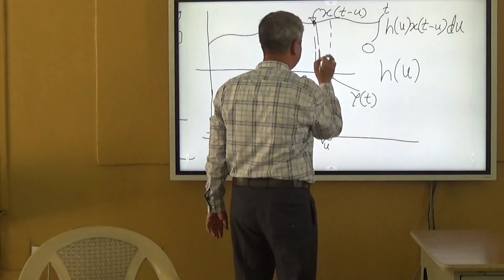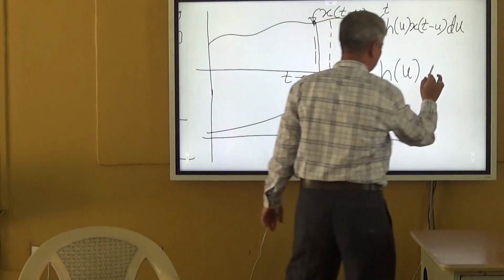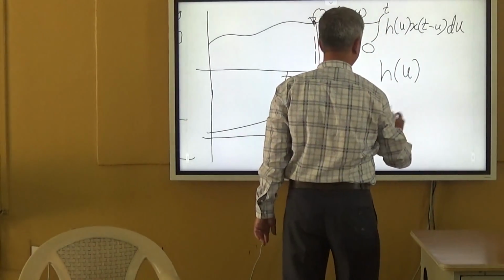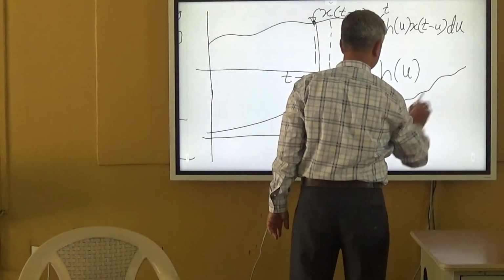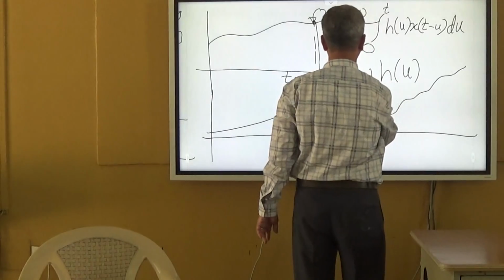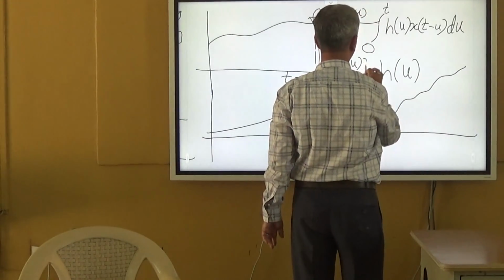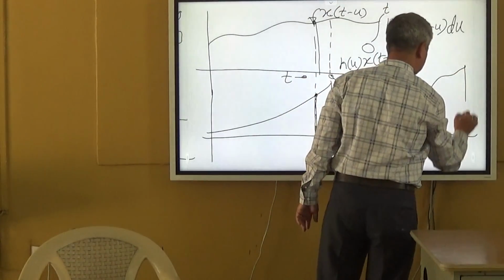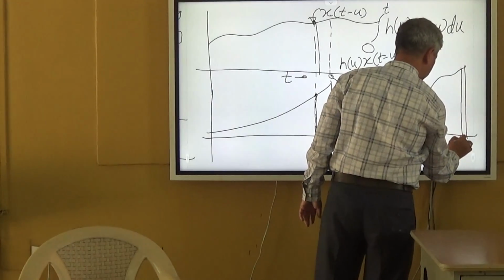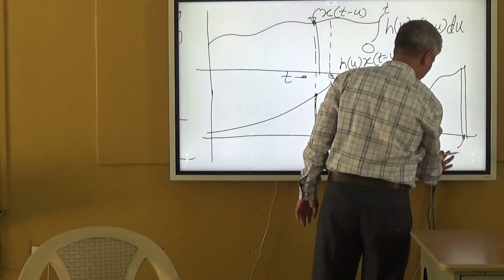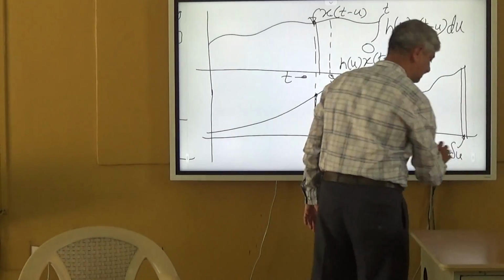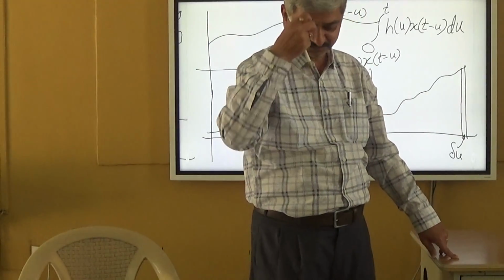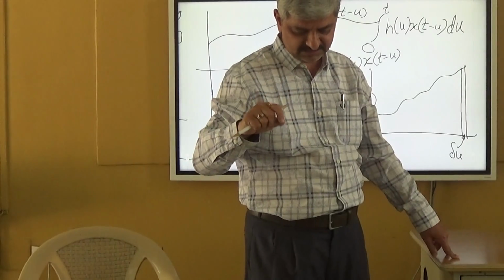Integration is addition of these strips. This and this I multiply, so there would be some multiplied curve, it would be like this. This would be h of u times x of t minus u, and these are the strips of width delta u. Actually d is not to be written, delta is to be written, and delta tending to 0 is d. To be very precise,